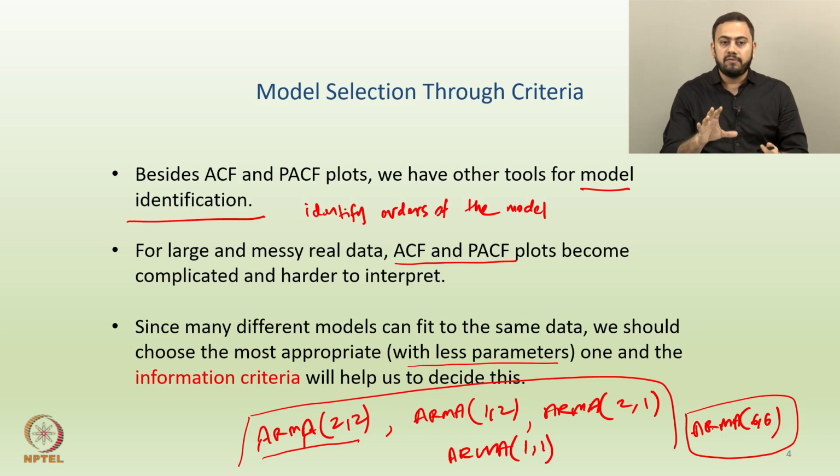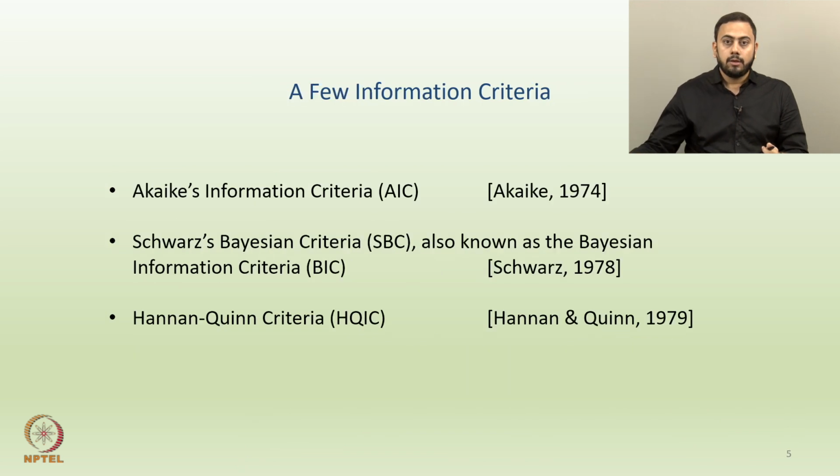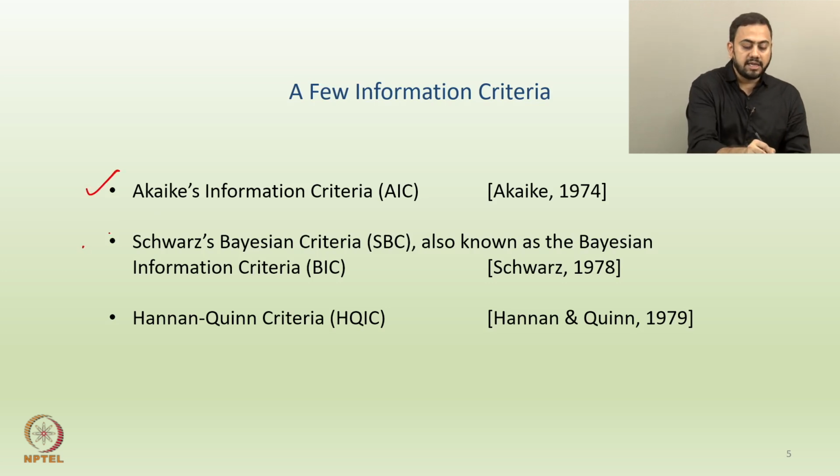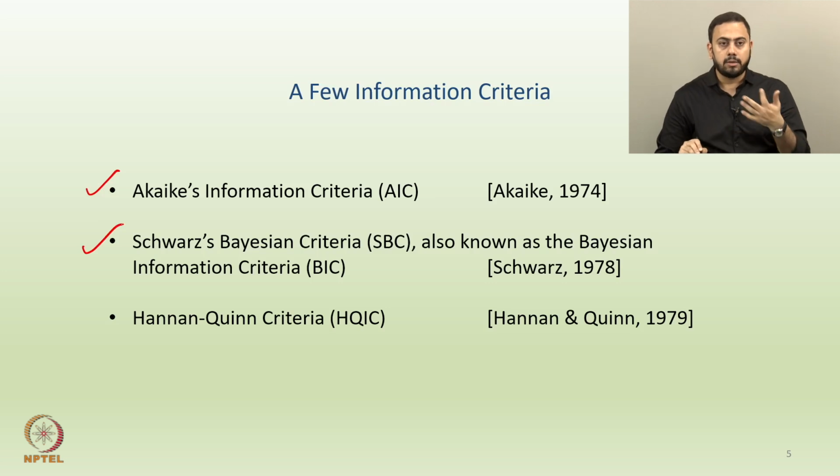Alright, so now we will talk briefly about what we mean by information criteria, and then how you can choose a particular model based on a set of information criteria, okay. Okay, so these are predominantly some of the famous or important information criteria which people use. Now the first one is called Akaike's information criteria, or in short we call it AIC, right. So by the way, AIC, the first one, and the second one are kind of more applied or more used as compared to the third one, okay. So by the way, this was introduced by a person called Akaike back in 1974.